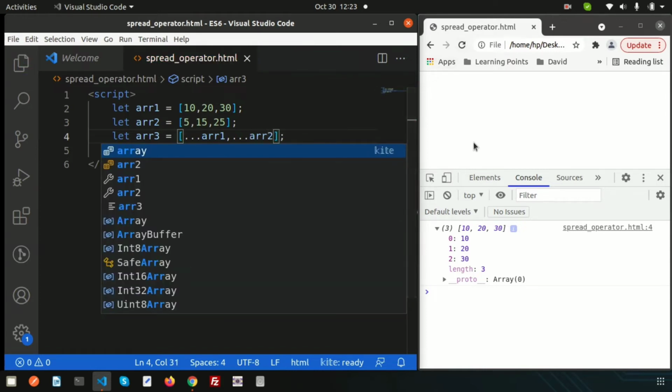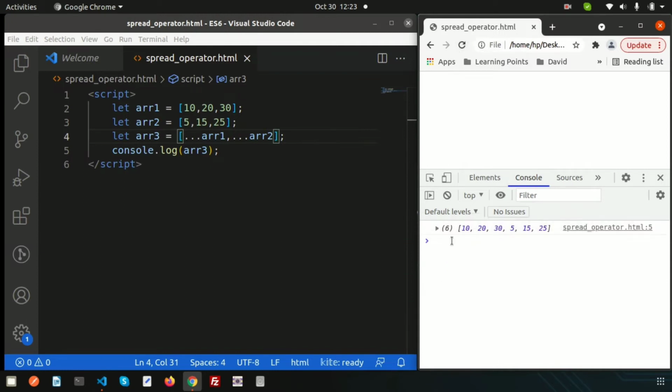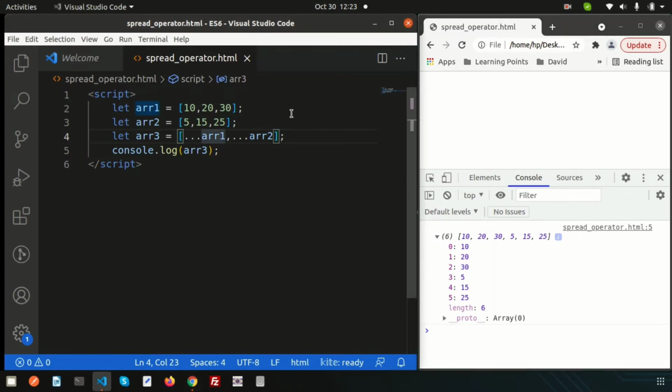Now if I refresh this, we can see the 6 elements: 10, 20, 30, 5, 15, 25, and you can see the order. This is array1 coming first, 10, 20, 30, and then this is from the second array. If you want to see the array2 result first, you can use array2 first and then array1, and let's refresh this.